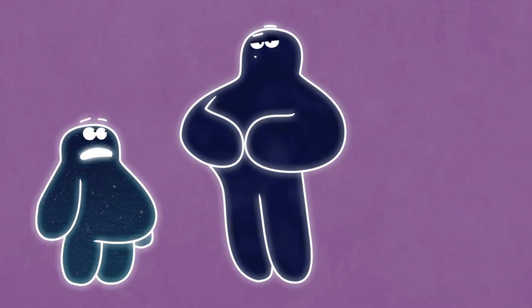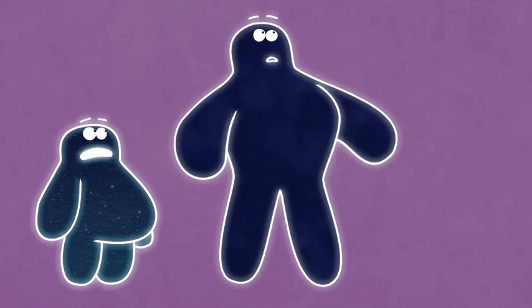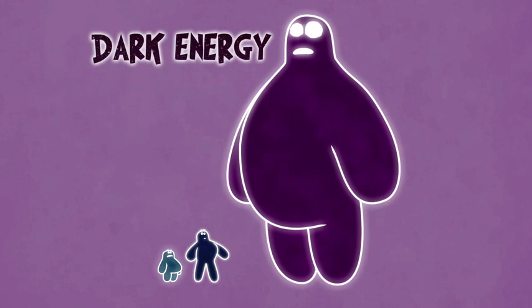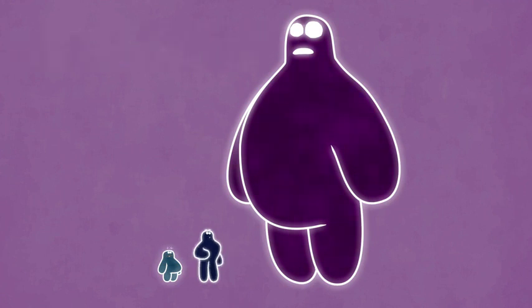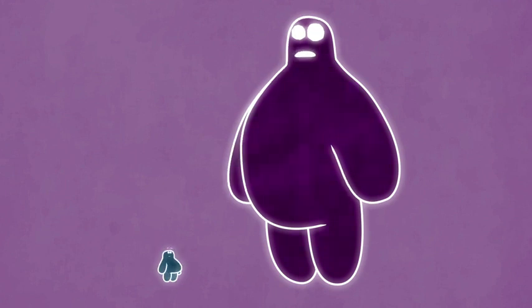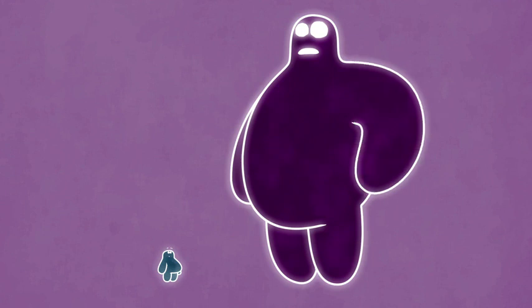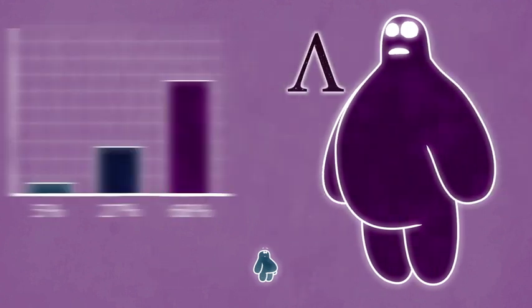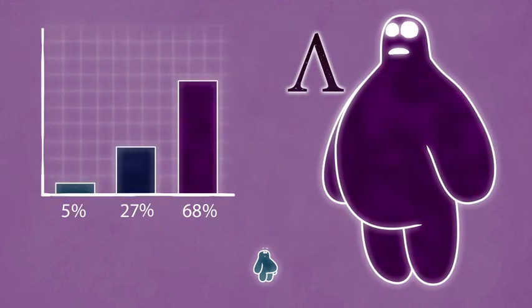The remaining 68% of the energy density of the universe is made up of dark energy, which is even more mysterious than dark matter. This dark energy doesn't behave like any other substance we know at all and acts more like an anti-gravity force. We say that it has a gravitational pressure, which ordinary matter and dark matter do not. Instead of pulling the universe together, as we would expect gravity to do, the universe appears to be expanding apart at an ever-increasing rate.